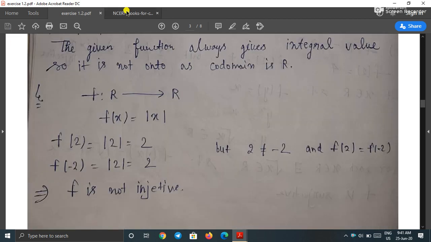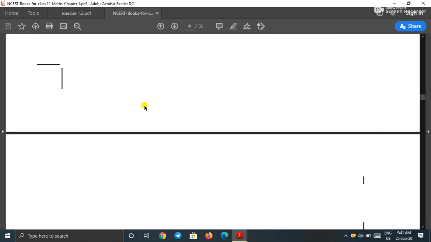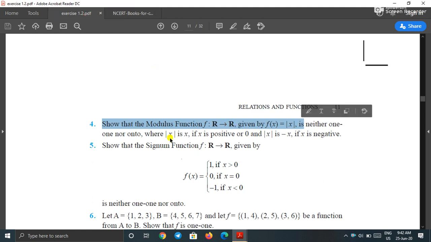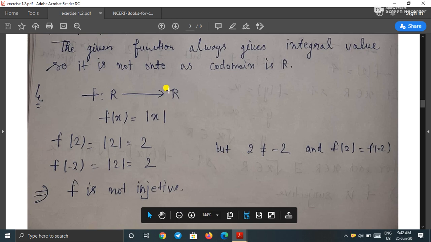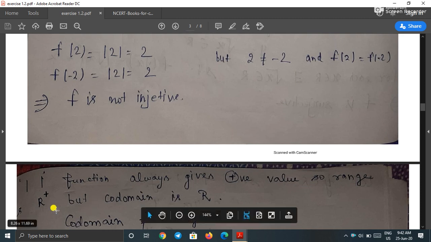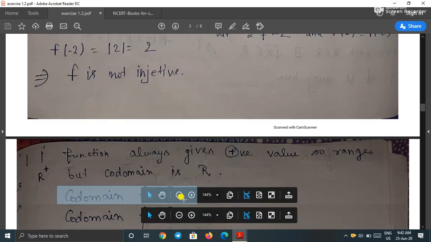Now let us discuss the next problem. Question number 4. Show that the modulus function f from the set of real numbers to set of real numbers given by f of x is equal to modulus of x. Modulus means positive value. Okay. So here the codomain is set of real numbers but modulus function gives always positive values, means positive real numbers. Codomain is whole real number, all the real numbers, but range is positive real numbers, means codomain is not equal to range. And if codomain is not equal to range then the function is not